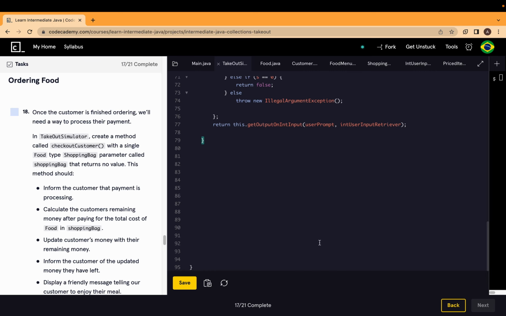Okay, so step number 18, and we're moving on to a different part of the project. Final part, ordering food. So once the customer is finished ordering, we'll need a way to process their payment. In Takeout Simulator, create a method called checkoutCustomer with a single food type shopping bag parameter called shopping bag that